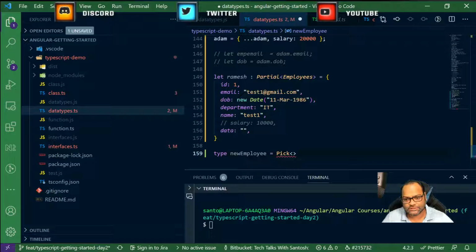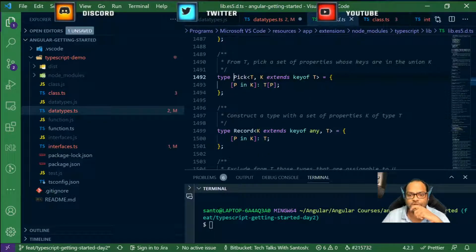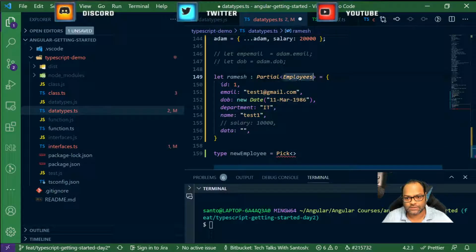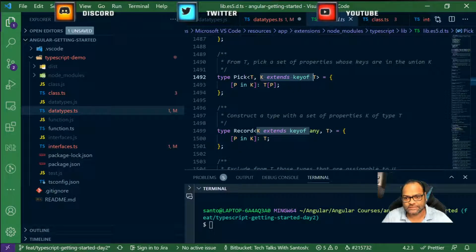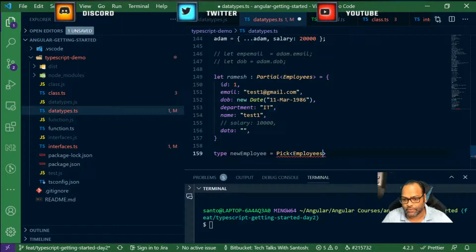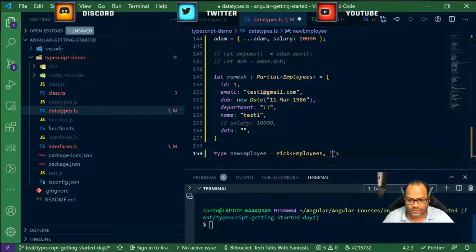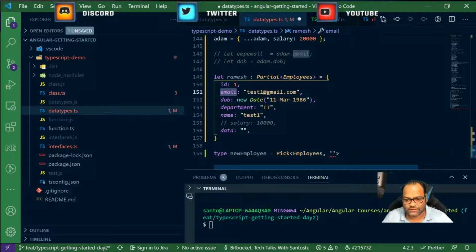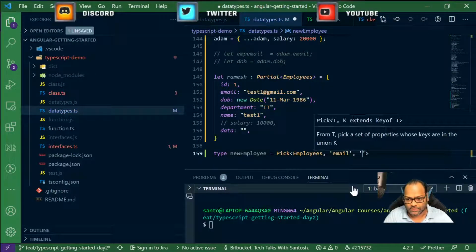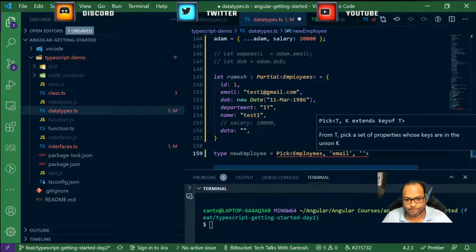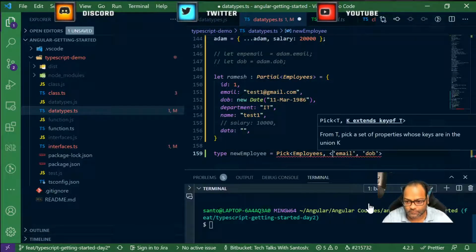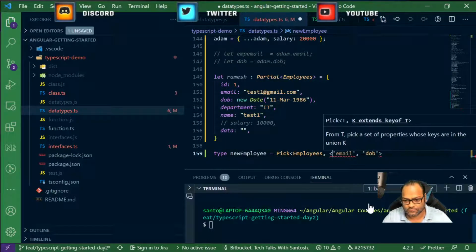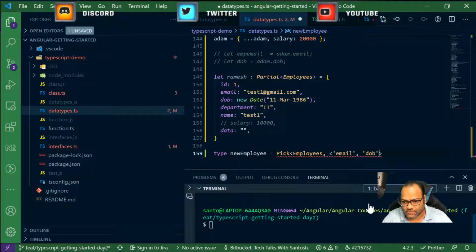If you see the implementation, it says there is a T which is the type, so I can pass employees as the type. And second, it says K extends keyof, so you can pass the keys here. Let's say I wanted to just take email and date of birth.